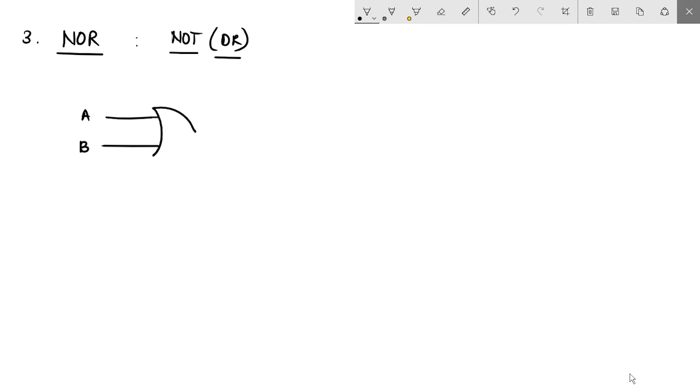Next is a combination of NOT and OR, which is called NOR. Okay, NOR gate. So as the name suggests, it is not of OR. How would the symbol look like? Given two inputs A and B, NOR would look like if you draw an OR gate, but draw a circle in front of it. So that circle that is coming from that NOT gate, this is how NOR logic gate looks like. Okay. How do we write it as? This is OR whole complement. This is how a NOR gate would look like.